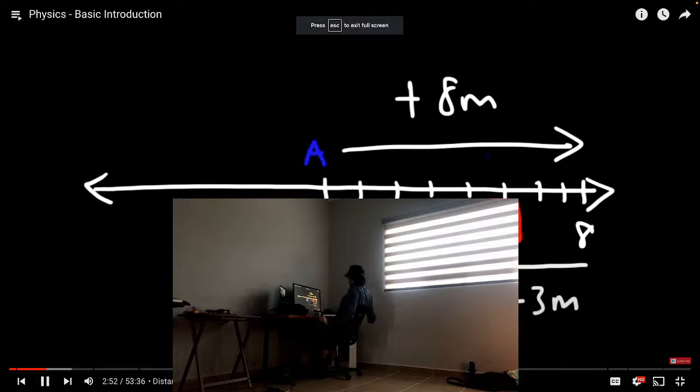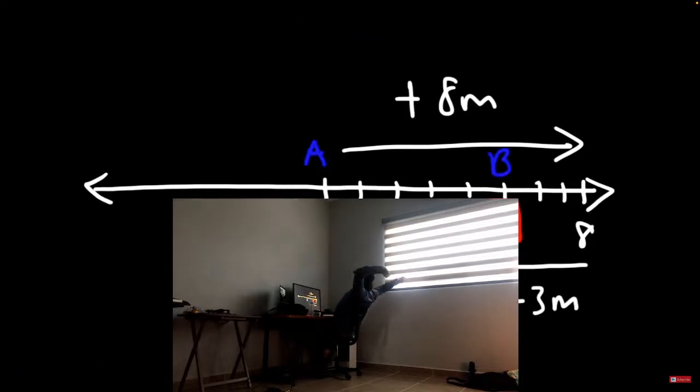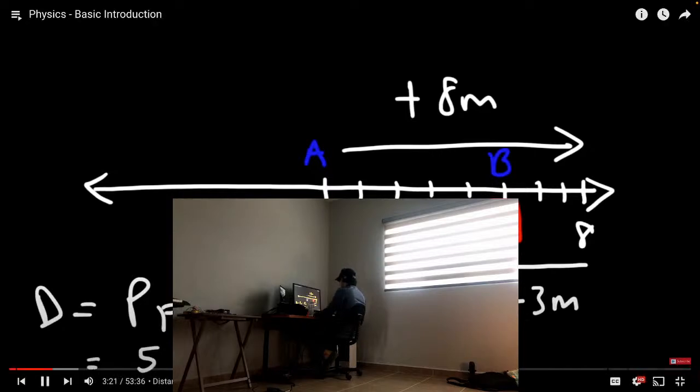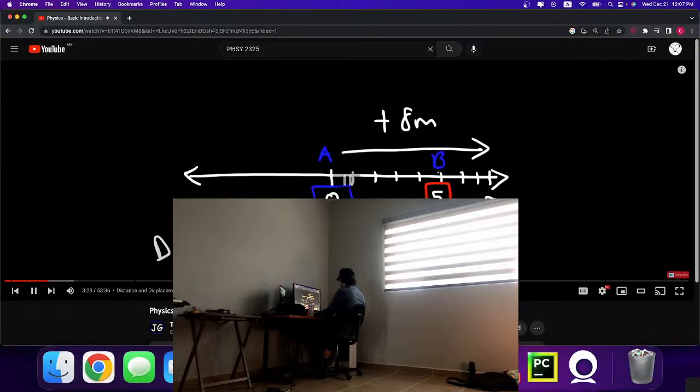position A, and now he's at position B, which is located at position 5. And so your net displacement is basically the final position, let's say PF, minus the initial position. His final position is position 5. His initial position is 0. So his displacement is positive 5. He went from A to B. And so that's the basic idea behind displacement. The total distance is 11. Now, distance